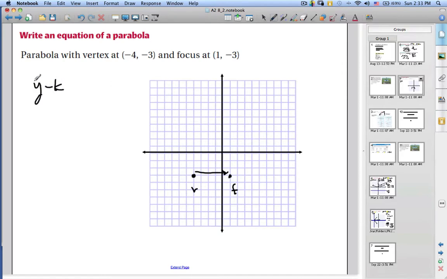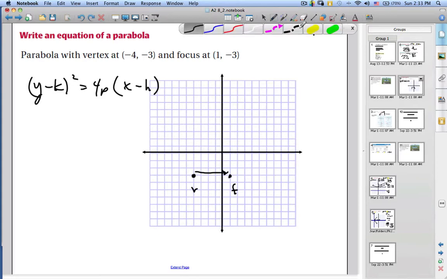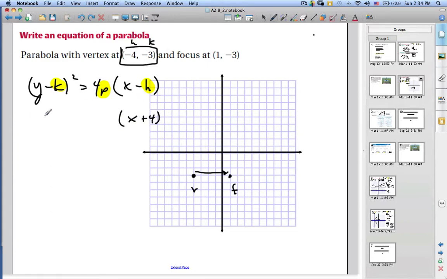That means I'm at y minus k squared is equal to 4p times x minus h. And the things that I'm going to need to find are h and k and p in order to write this equation. So I know that h and k come from the vertex, right? So I have 2/3 of the information right here. Here's h, here's k. Okay, so x minus negative 4 is x plus 4, and y minus negative 3 is y plus 3,